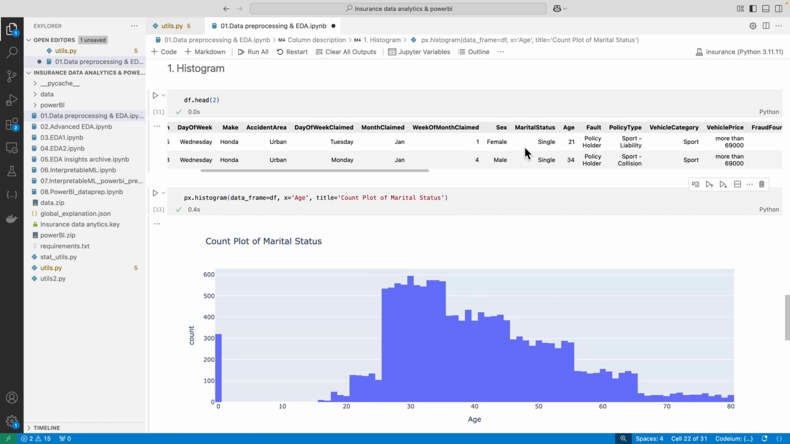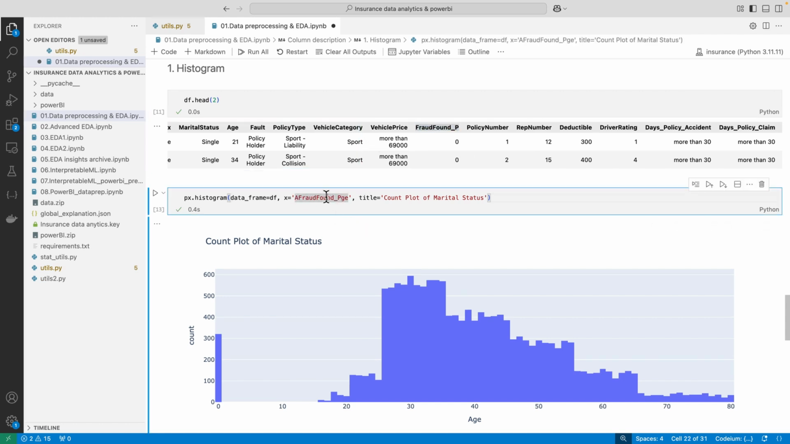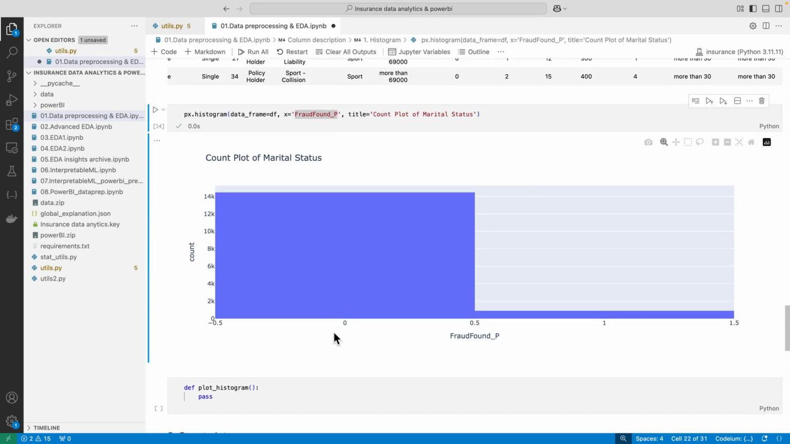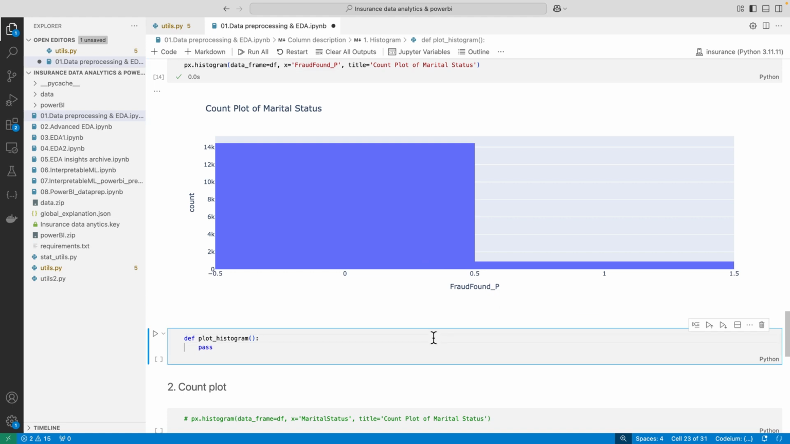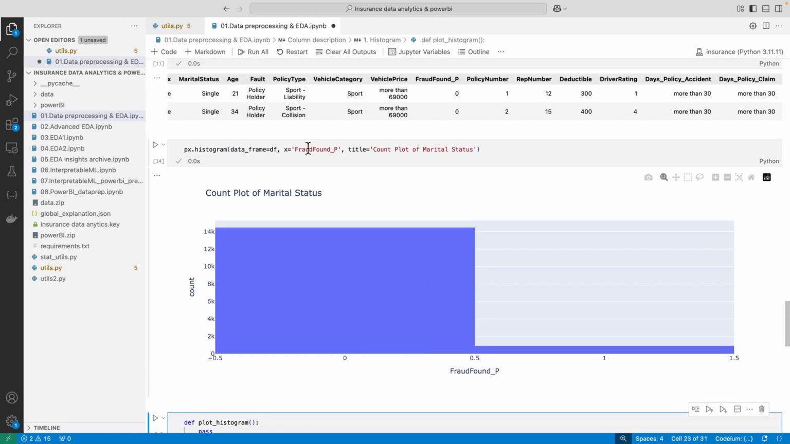And we can plot other columns as well. As an example, we can see fraud found, and if we plot it, we can see that a lot of claims are non-fraudulent claims, and only a small portion of them are fraudulent claims. Only 923 of them are fraudulent. So we can plot all these columns like this, but